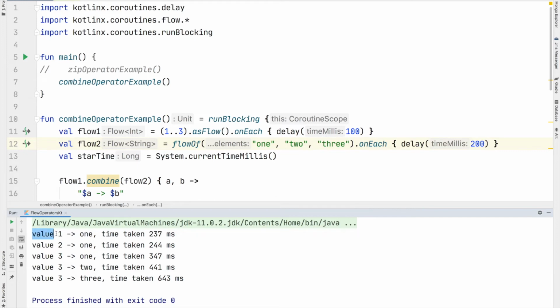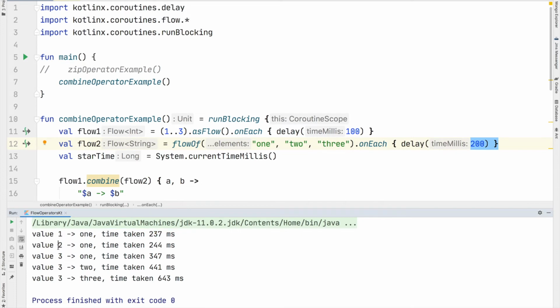So the first element we receive is value 1, which is mapped to string 1, and the time taken is 237 milliseconds. So the first flow is taking 100 milliseconds for the first element and the second flow is taking 200 milliseconds for the first element. That means we have to wait at least 200 milliseconds. That's the reason we got our first element at 237 milliseconds.